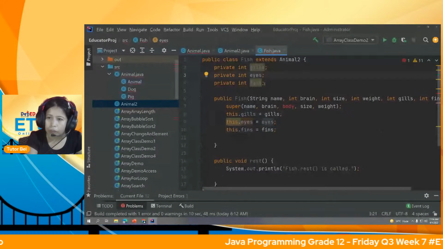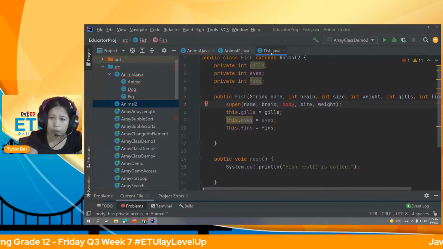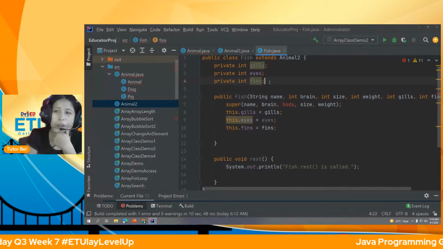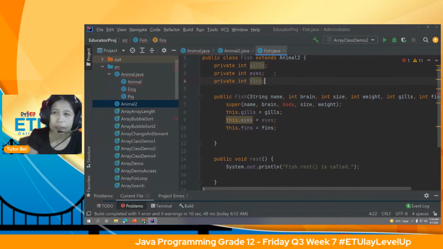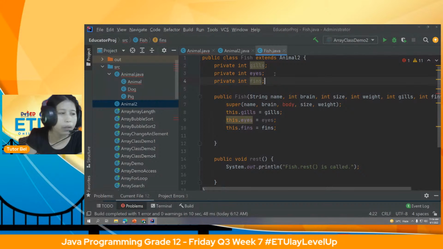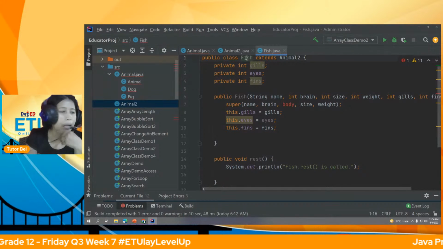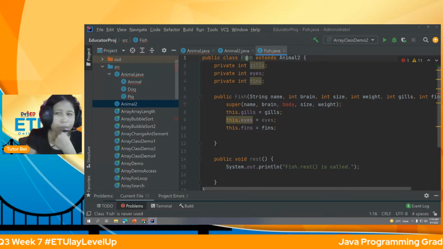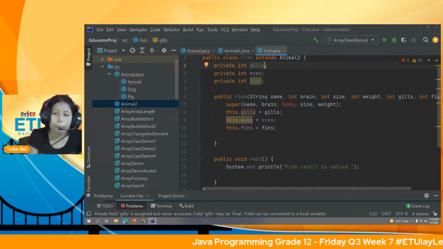Ayan na, no? So, yung sa Animal2. In this case, ito pa example naman, from the Animal2, di po ba? E-extend natin siya from the superclass Animal2. Ang gagamitin nating derived class ngayon is Fish. Okay. Remember,